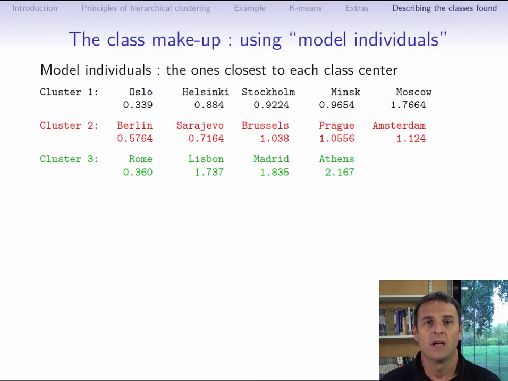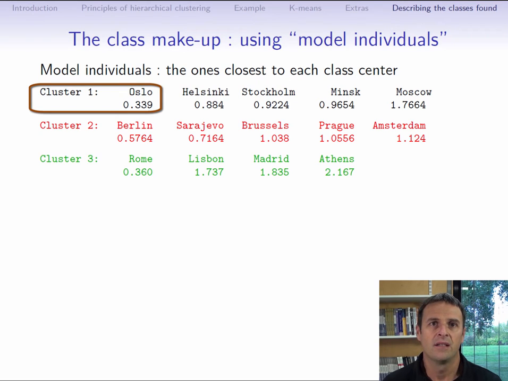Well, because the actual center of gravity of the class is likely to be a point in space rather than exactly on top of one individual. It's clearly a better idea to use a real individual to understand the average features of a class. Here, for example, we see that in class 1, it's Oslo that's the closest to the center. It's at a distance of 0.34 from that class's center of gravity, so to look at how the class is on average, we can take a closer look at Oslo.